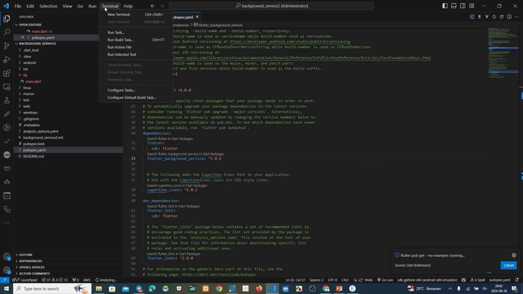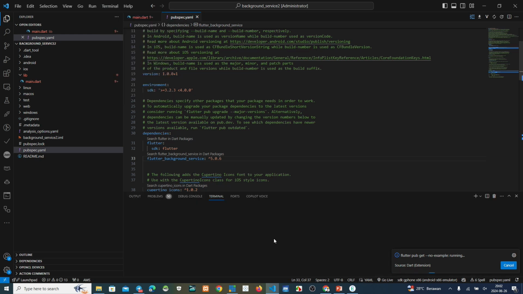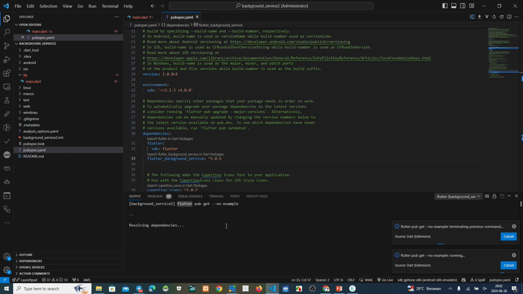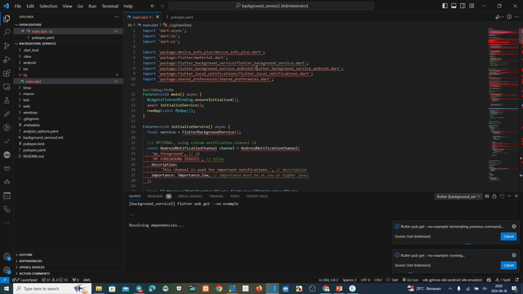We check this one. If there is something wrong, we can see it in the debug console or output. After that, we see our script again. This is background service.